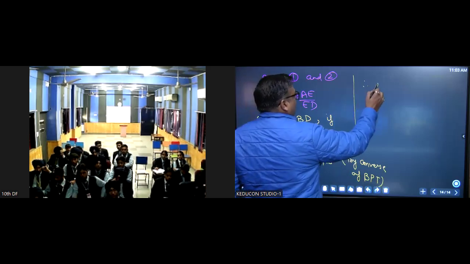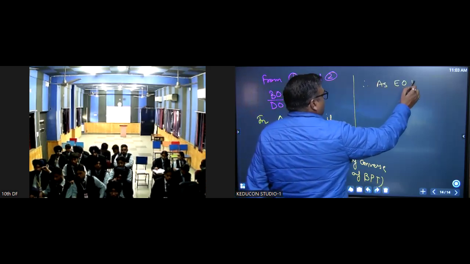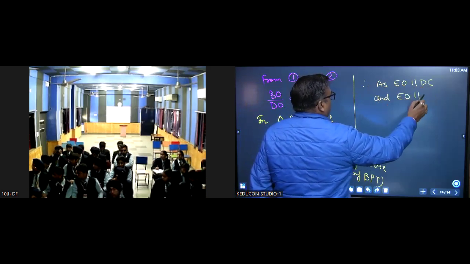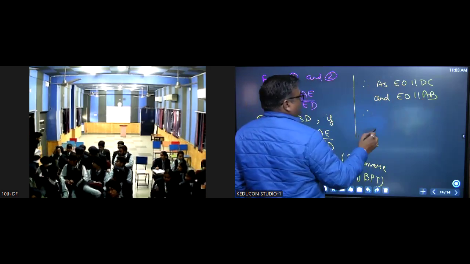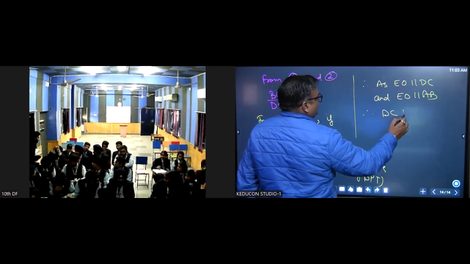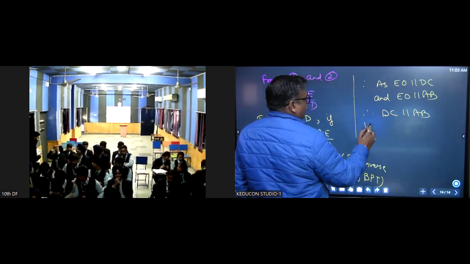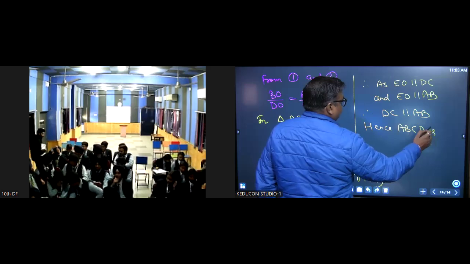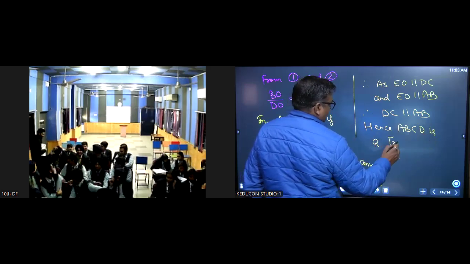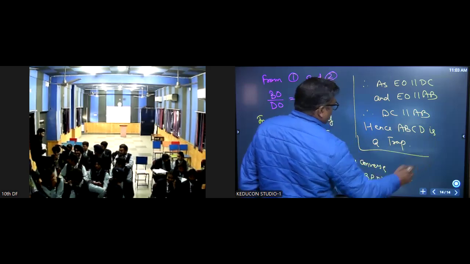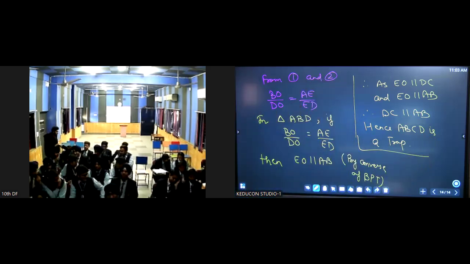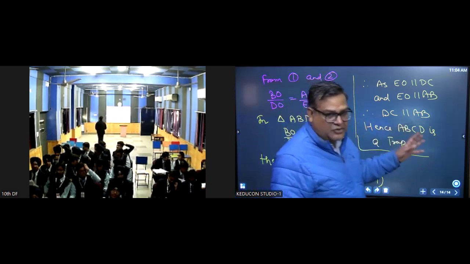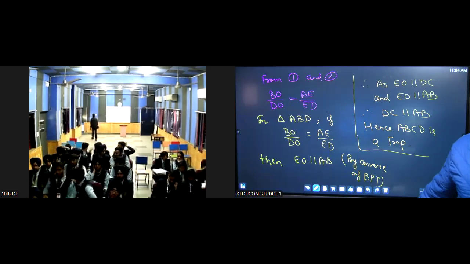So therefore, as EO is parallel to DC and EO is parallel to AB, therefore AB and DC are parallel and ABCD is a trapezium। दोनों पैरेलल आ गए और therefore ABCD is a trapezium। Very very important question बच्चों, you must understand this question carefully।